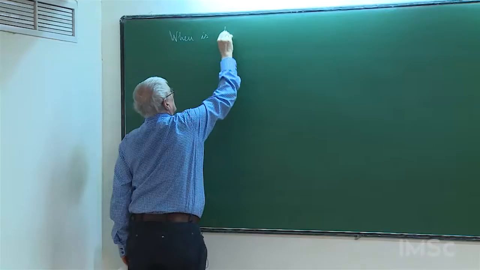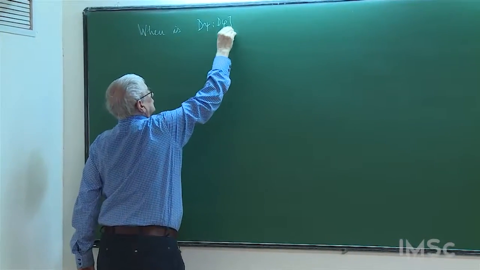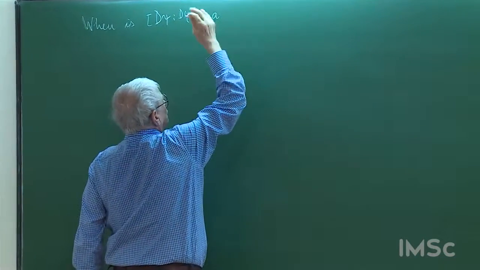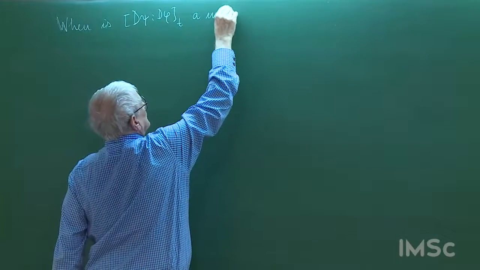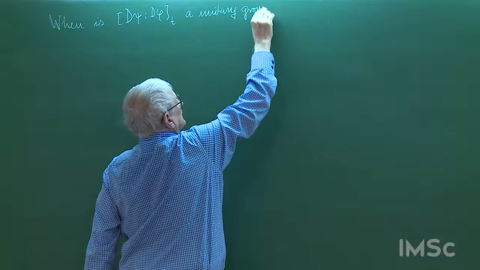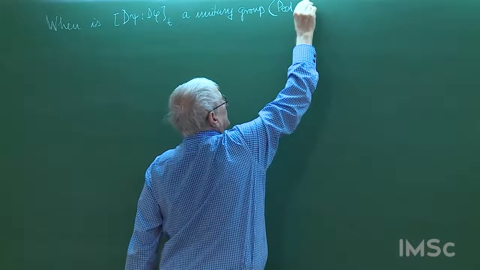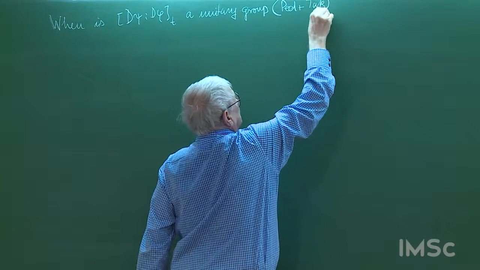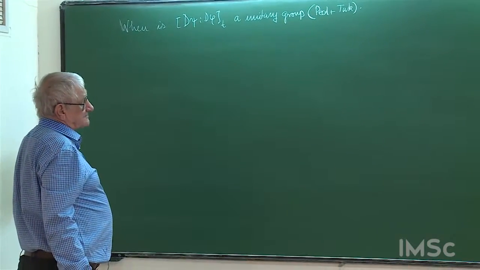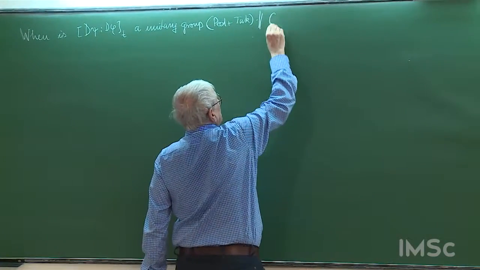When is dψ/dφ the Connes derivative? It is a continuous unitary group. And the result is a theorem by Pedersen and Takesaki. And if there is time, I will try to prove also a theorem of Connes